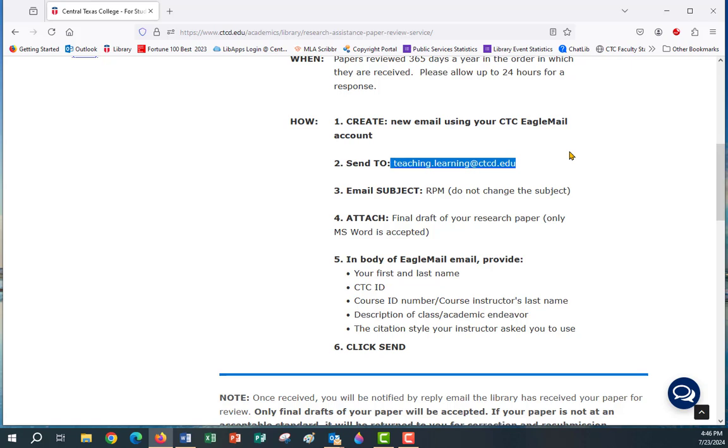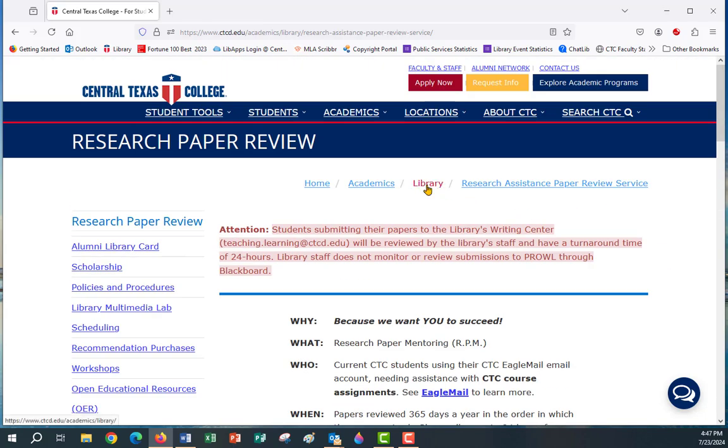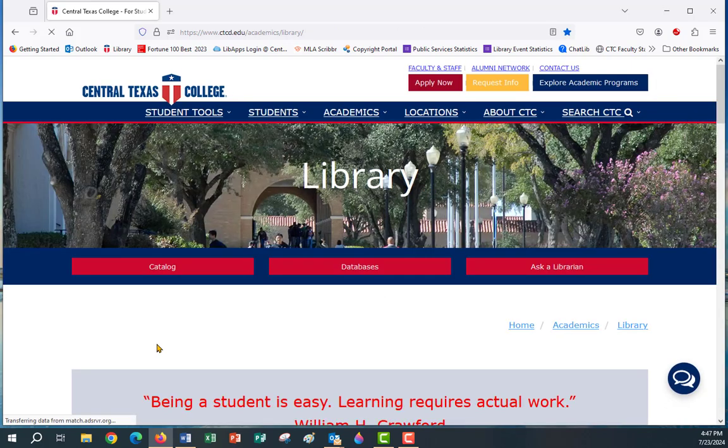So you do have that. And I want to stress it should be an attached file, because if you send it as a shared link from, say, Google Drive or from OneDrive or SharePoint, we will not be able to open the document unless we have your username and password. And also, we cannot accept PDF files because PDFs do not translate well to Word. Every so often, it will ruin the formatting, or it may put in characters that do not exist in the actual document. So that's what we have here as far as how to get material from the library,